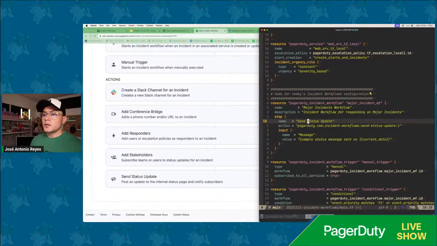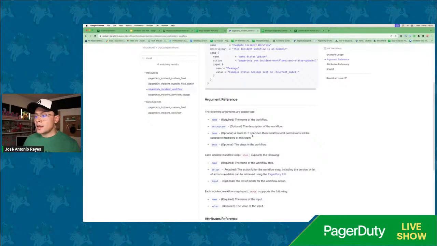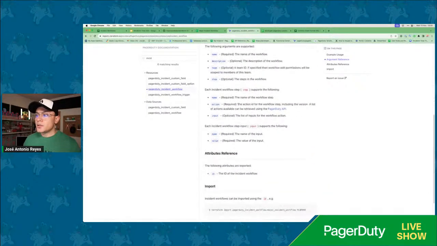Okay, this is going to be creating the step. Oh, look at this. I won't change the name of this step yet, because in this part of the configuration for the incident workflow, you will need to do an additional step, which is